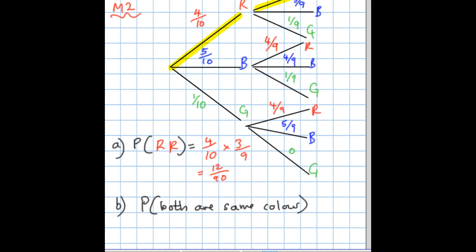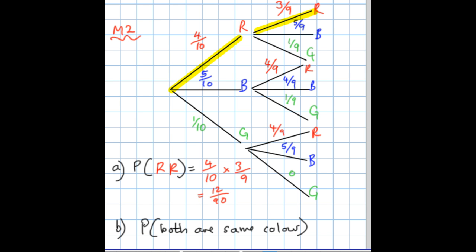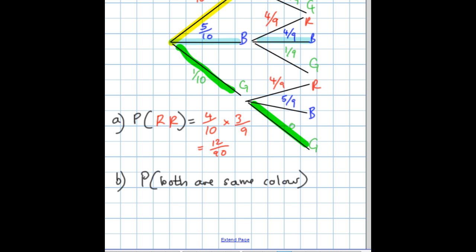Now, if we think about it, we could get 2 red balls. We just worked out the probability. We could also get 2 blue balls. Finally, for them both to be the same colour, could we get 2 green balls? No, it's impossible. So the probability that both are the same colour is the probability that both are red,